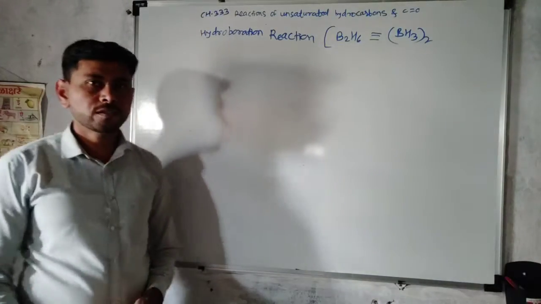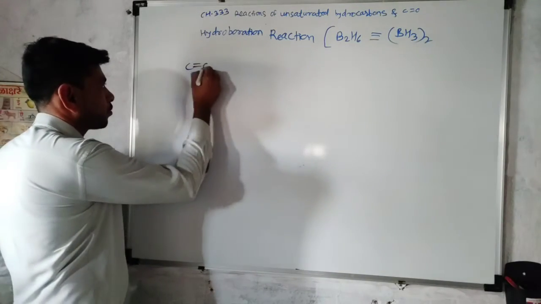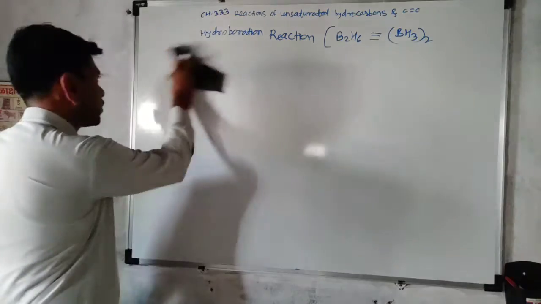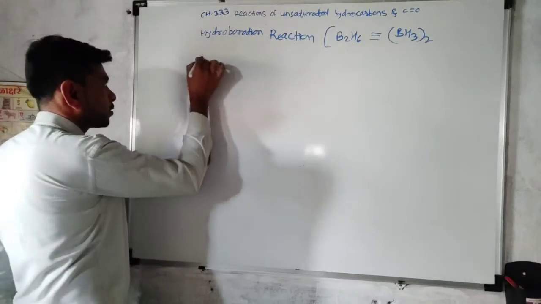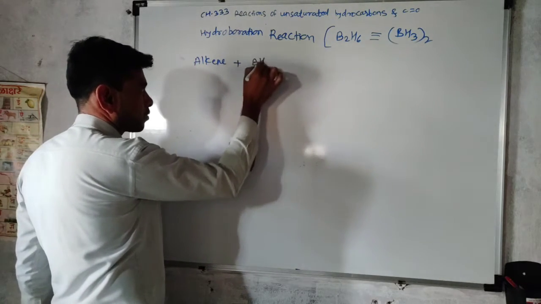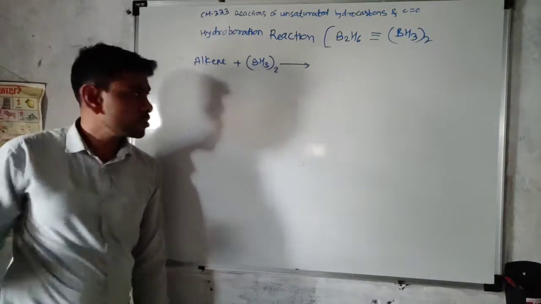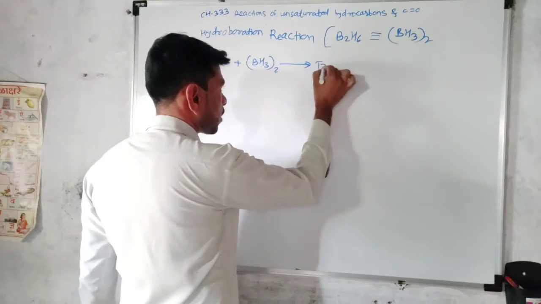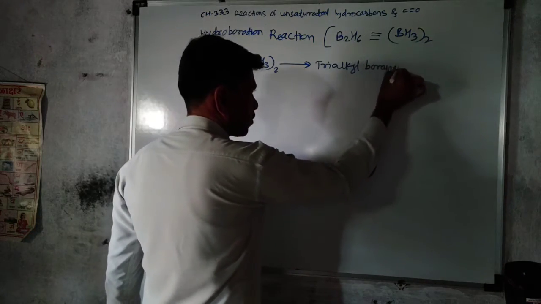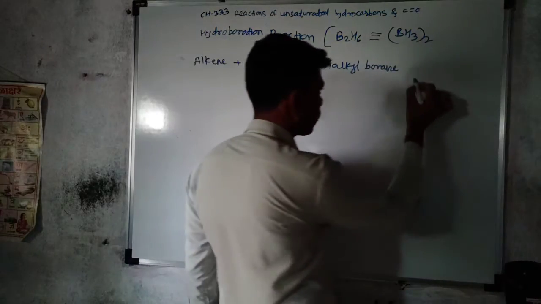So the next addition reaction is the hydroboration reaction. In the hydroboration reaction, the carbon-carbon double bonded compound, the alkene, reacts with diborane to form trialkyl borane, and this trialkyl borane on